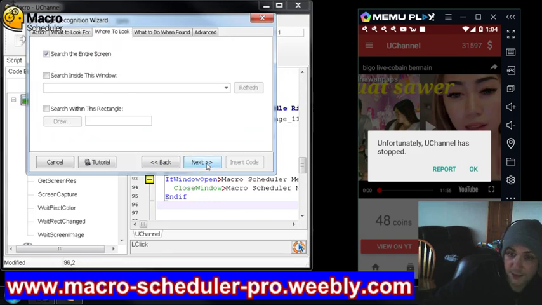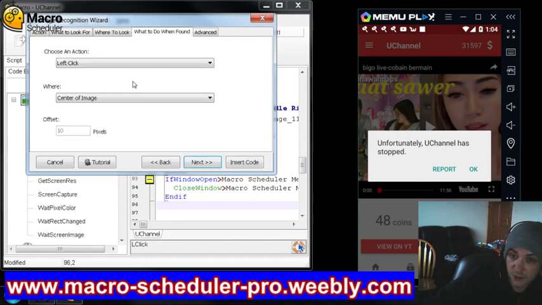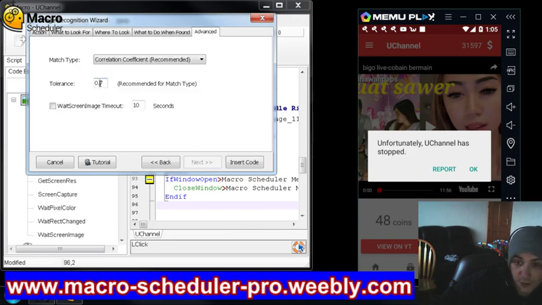I then hit next. I said search inside the window Kingsbot001, which is what this Memu emulator is called. I named the instances for my other program Clash of Bots. Left click in the center of the image, make this tolerance 8.5,